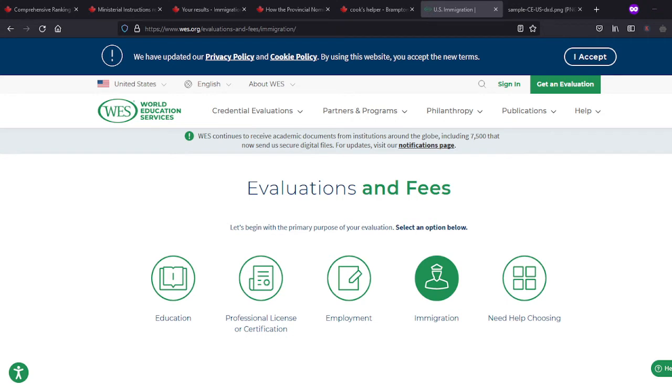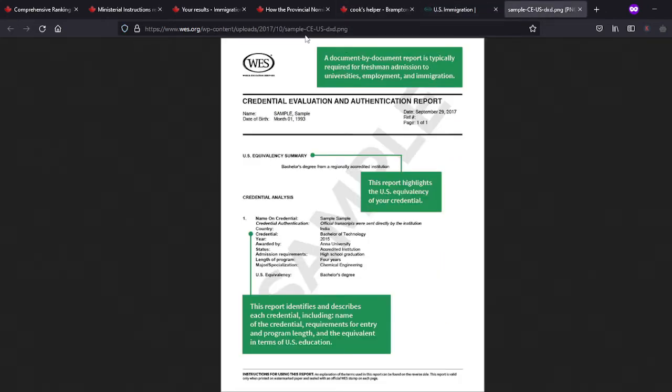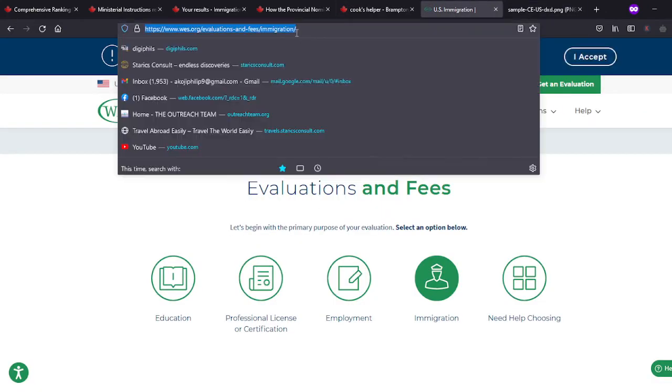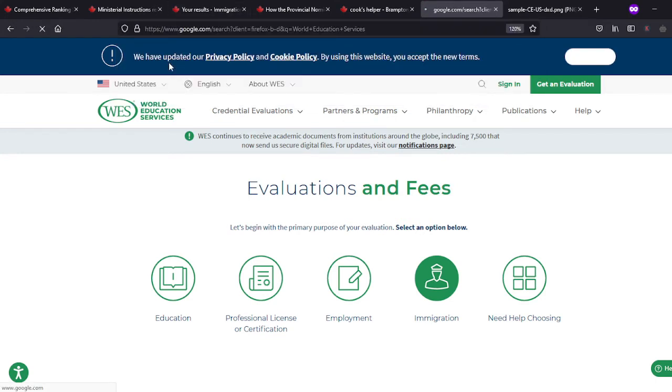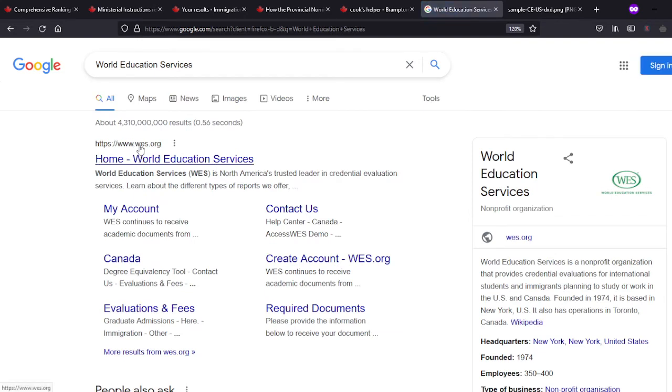So like I said, all you just require to do is to copy each of those organizations and paste in your browsers, and then you get direct access to the official website, create an account and send your documents to them. So let me open a new tab in my browser and paste World Education Services. Just search for it on your Google, and this is the official website,